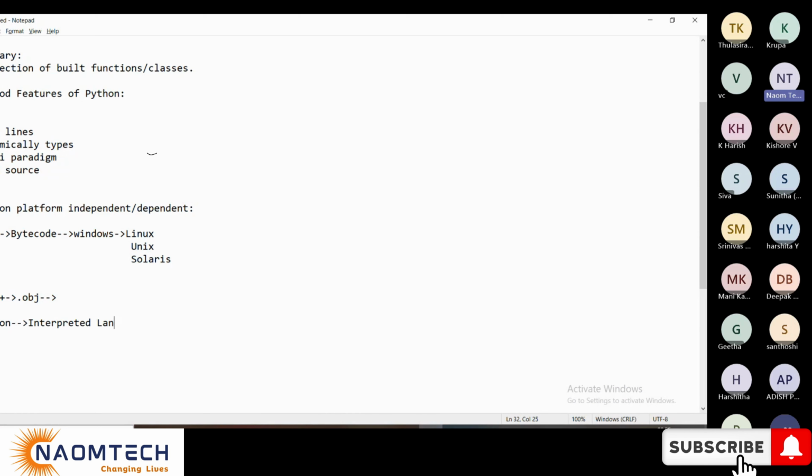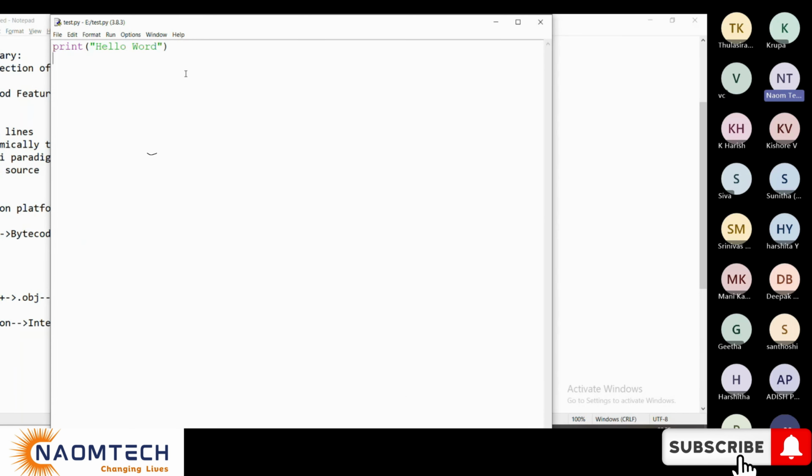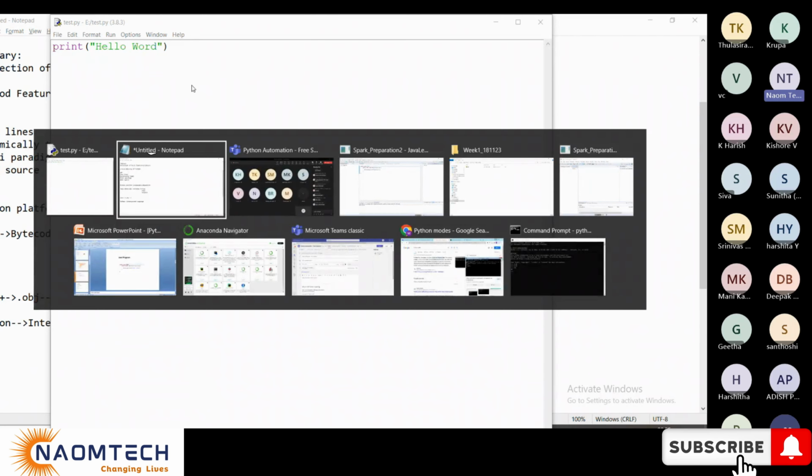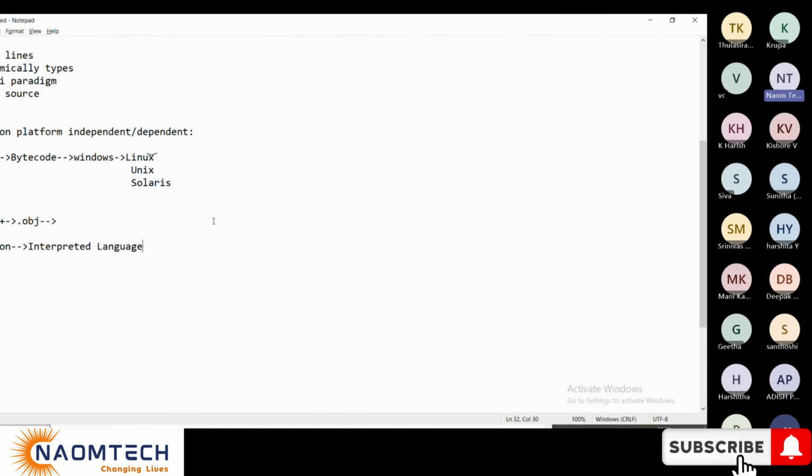What do you mean by interpreted language? Let me just show you. If you see this simple code, okay. When it is Java or C or C++, it has to go through multiple stages. You write a source code. Let me just give you a quick idea. This is the start point for anyone. If you don't know anything, this is the start. If you listen and understand it carefully, you get a clear picture, even if you are a beginner.